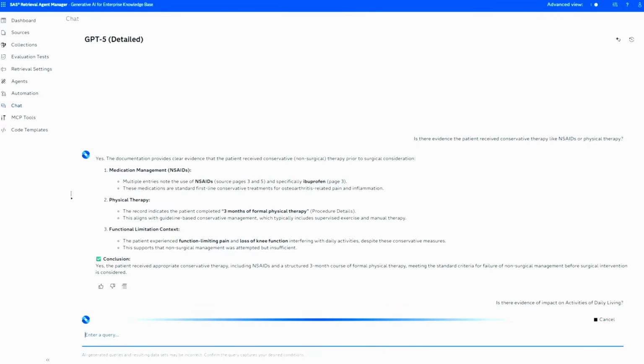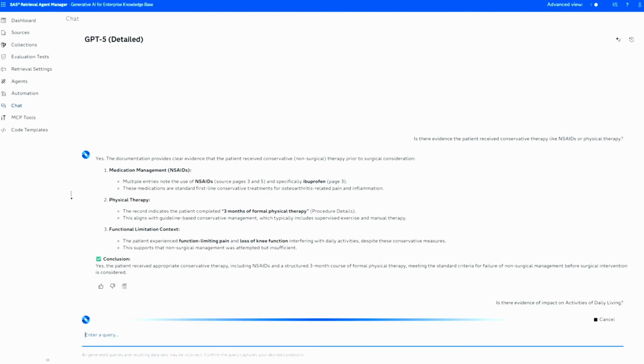And sure enough, I get a response back, and you guys are probably not able to read that because I didn't zoom in on it, and I apologize. But it says, yes, the documentation provides clear evidence that the patient received conservative non-surgical therapy prior to surgical considerations.